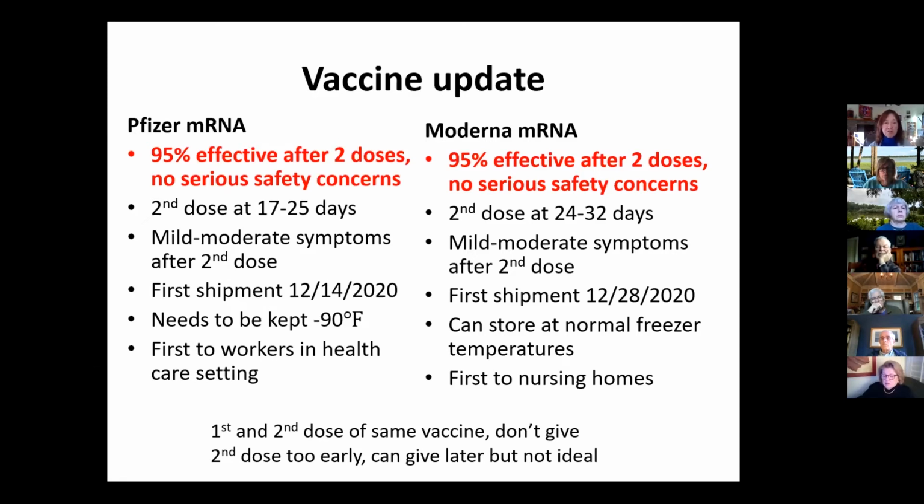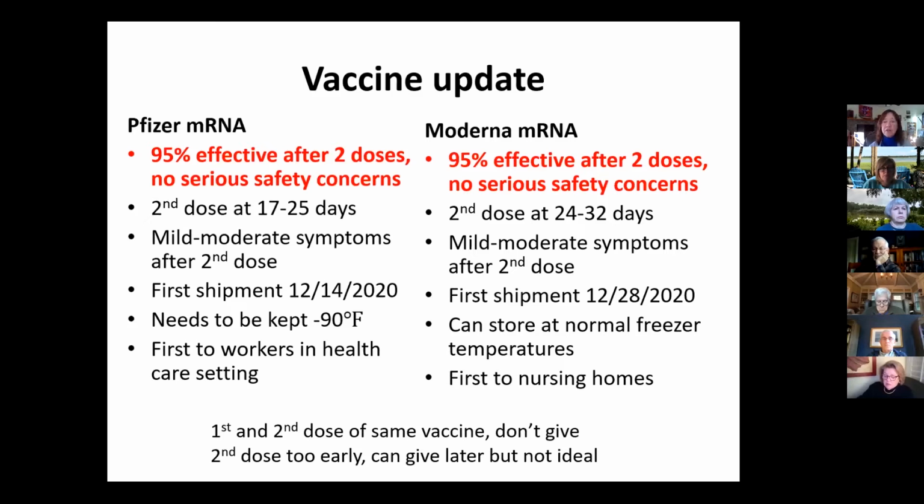We got our first shipment of Pfizer vaccine on December 14th in South Carolina. This is the vaccine that needs to be kept extremely cold, minus 90 degrees Fahrenheit. It is possible to roll that out to sites that don't have a freezer with that capability. They can keep it super cold on dry ice. We sent it first to workers in healthcare settings for a variety of reasons, wanting to vaccinate the healthcare setting to make sure that we don't get overwhelmed and don't interrupt our hospital capacity, but also some concerns about maintaining the cold chain. We wanted to start in hospitals first.